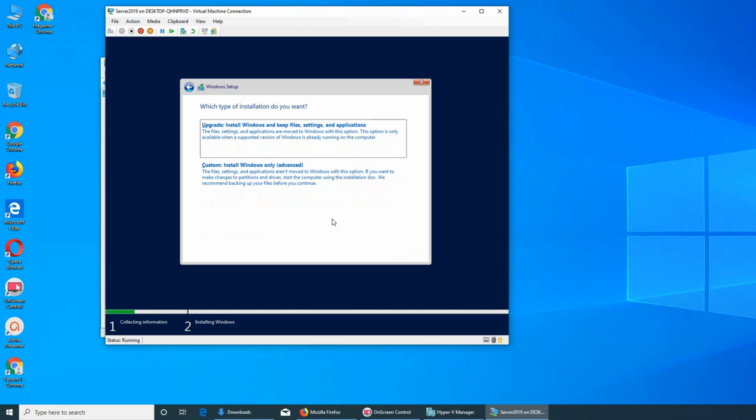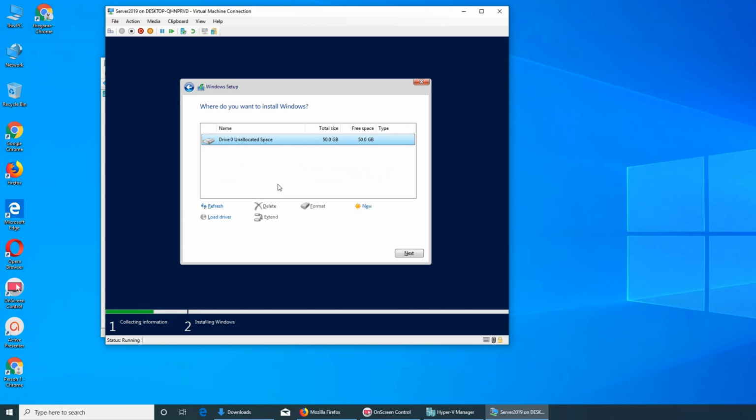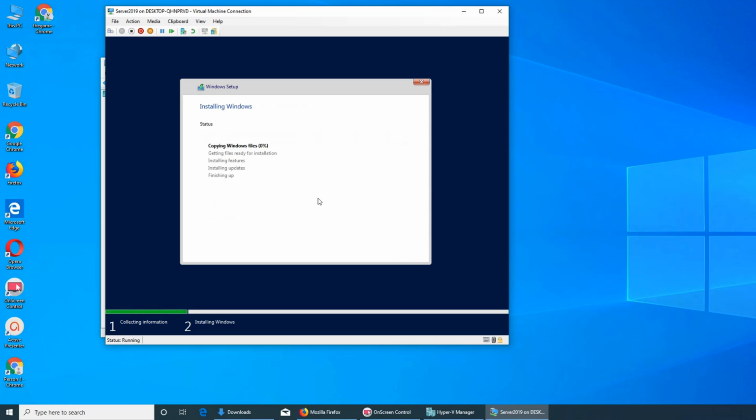Accept. Since it's a virtual machine and there's no operating system installed already, we're not gonna do the upgrade. We're gonna do the custom install. You see the drive is 50 GB that we gave it, and unallocated space, we're gonna use the whole space, just like a regular